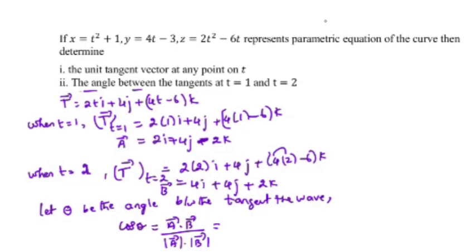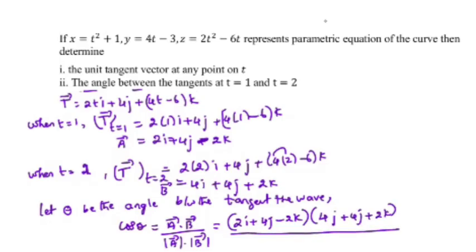So that will be, a vector is 2i plus 4j minus 2k dot b, which is 4i plus 4j plus 2k,